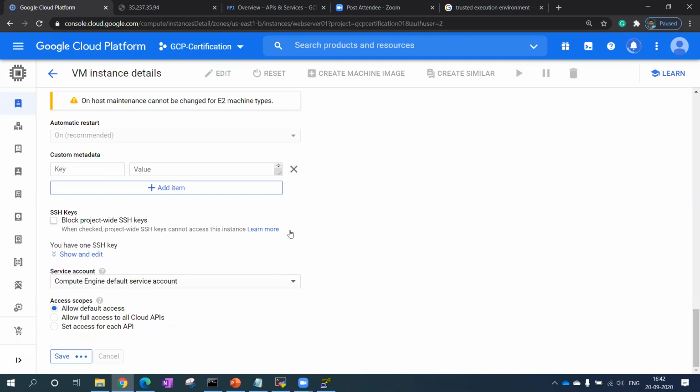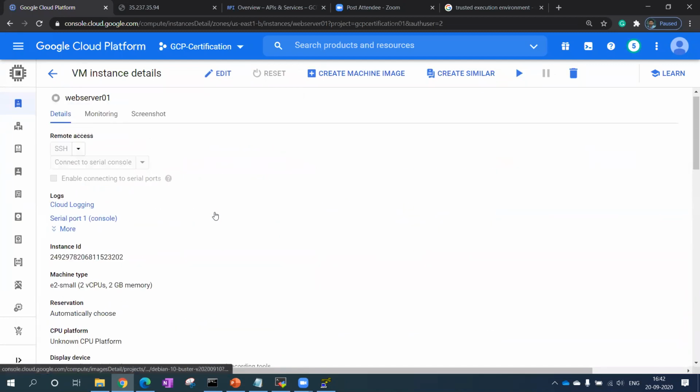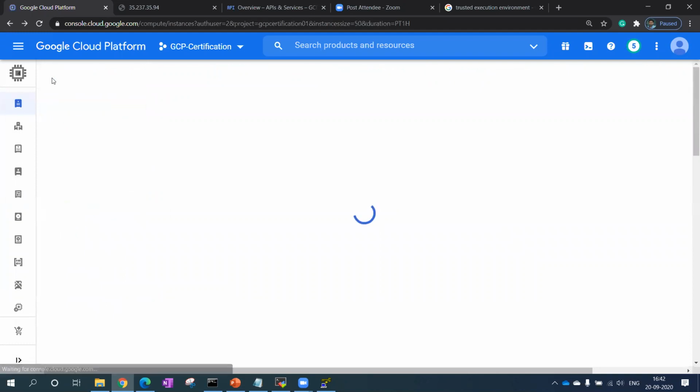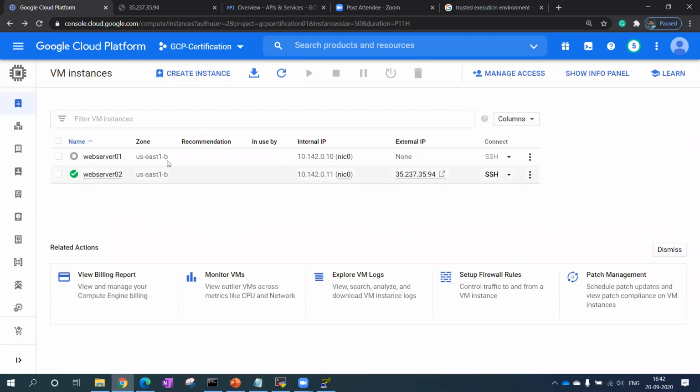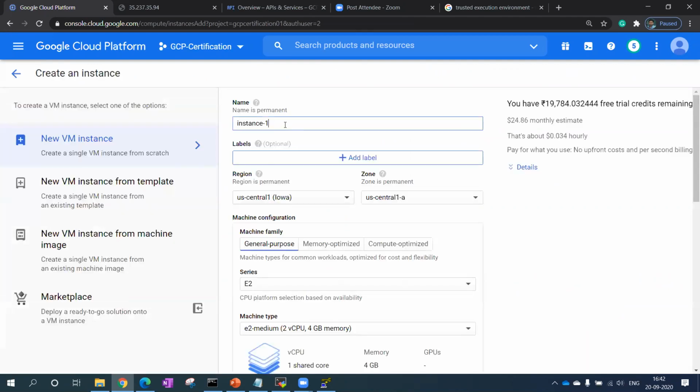Okay, so I talked about the Linux VM. Let me show you the Windows one as well quickly. Windows is quite easy and the same as Linux. There's nothing much to it, but I want to show you. The only thing is that in Windows you have to create your own account and password.